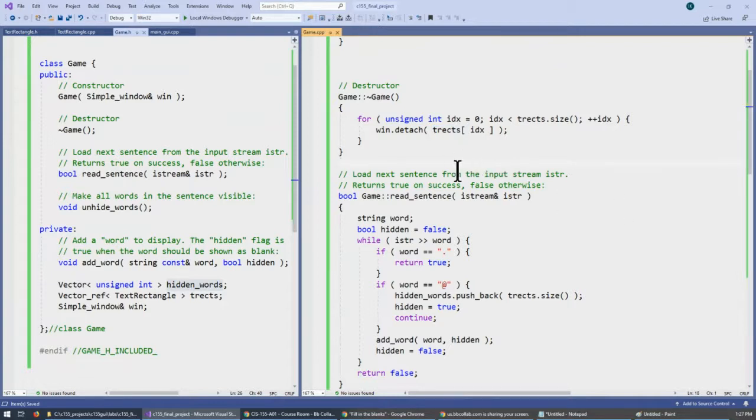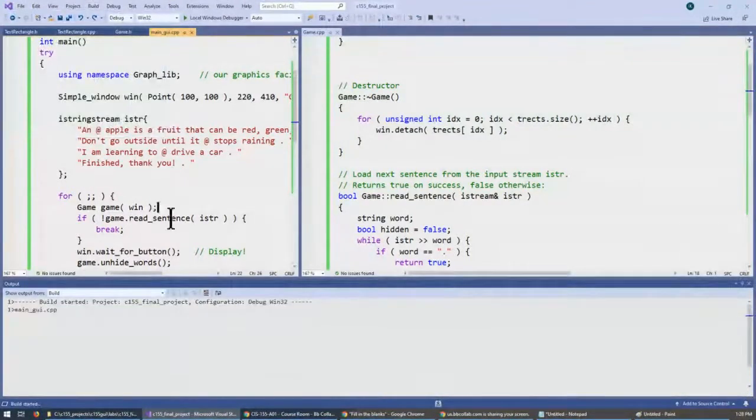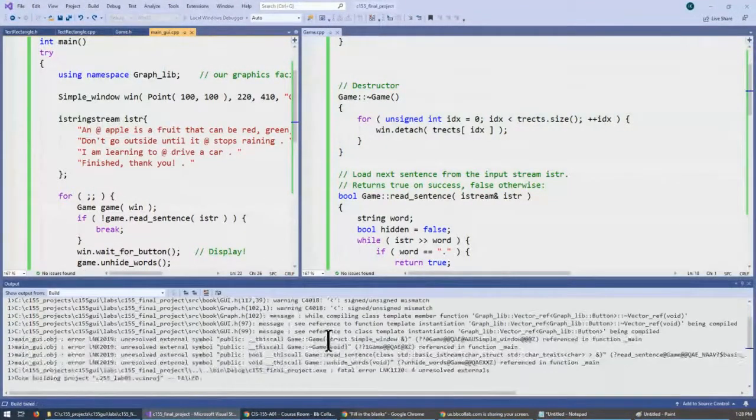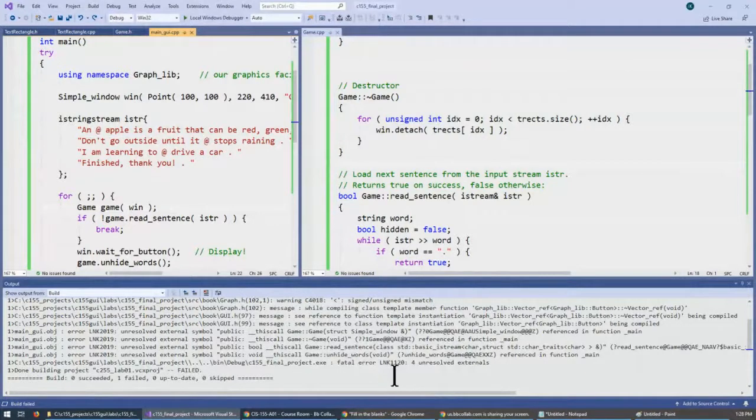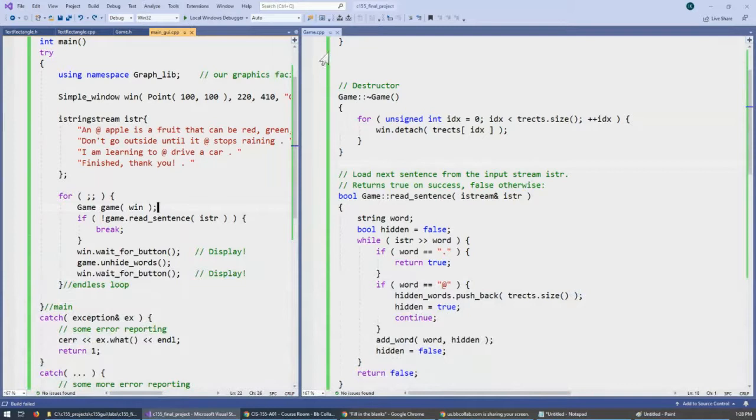At this stage, let's just have a quick look at the main program, which once again will be constructing this class, read sentences, display initially, then unhide, display again, and see how this works. So there's something still missing, which is the link error says that I don't have. Oh, yes. The problem is that I need to